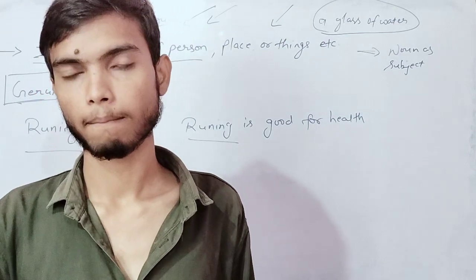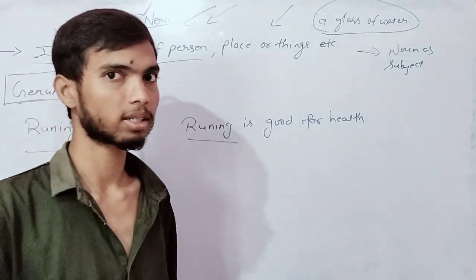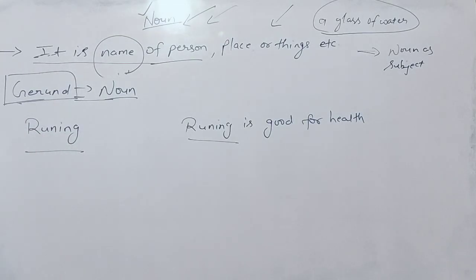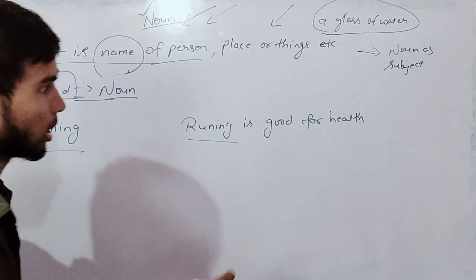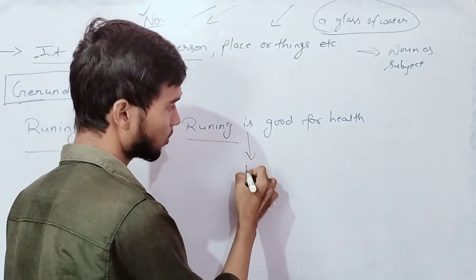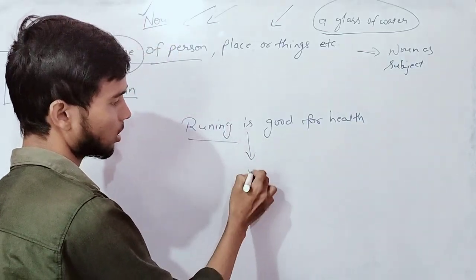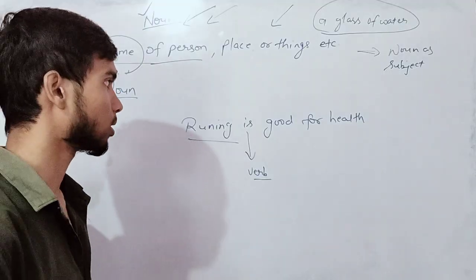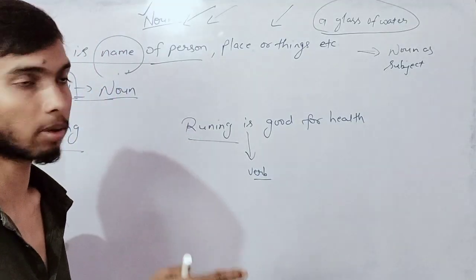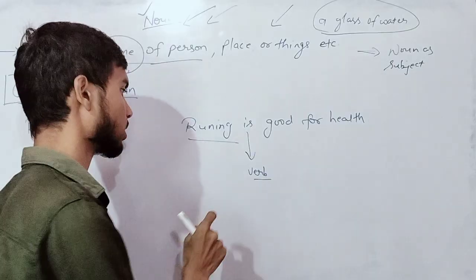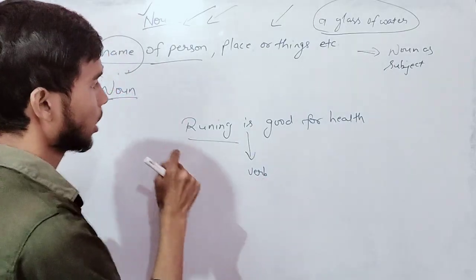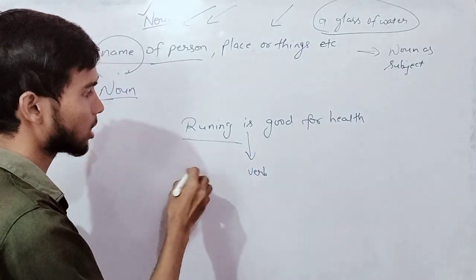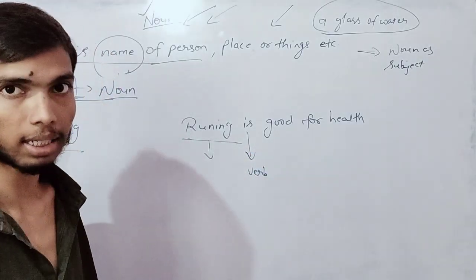Okay. Are you clear? It is performing as a noun, not as a verb. Here, as you know, this is a helping verb. This is a verb, but which type of verb? You would say helping verb. But in this sentence, this is the main verb because there is only one verb. Here, this is a verb, but we are considering it as a noun.